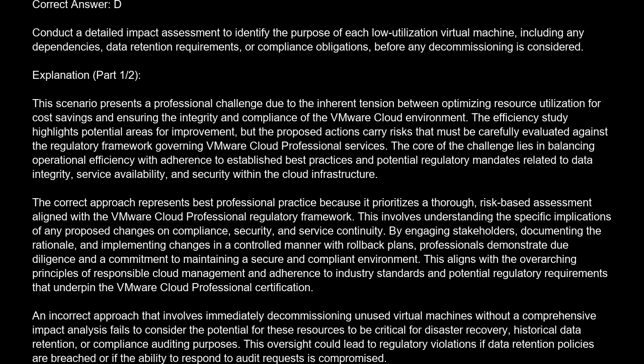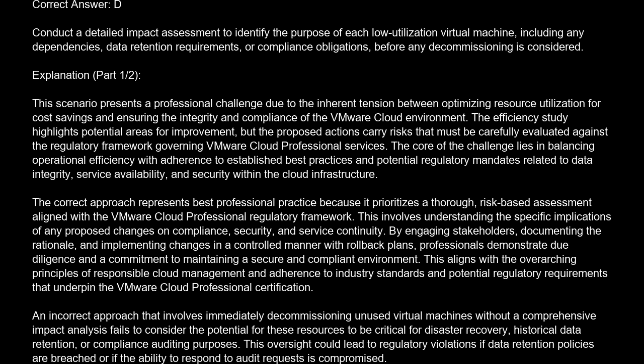Conduct a detailed impact assessment to identify the purpose of each low-utilization virtual machine, including any dependencies, data retention requirements, or compliance obligations, before any decommissioning is considered. Explanation: this scenario presents a professional challenge due to the inherent tension between optimizing resource utilization for cost savings and